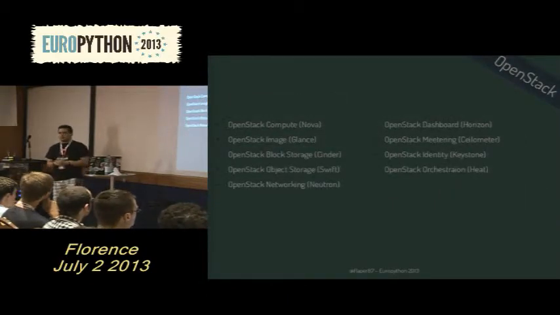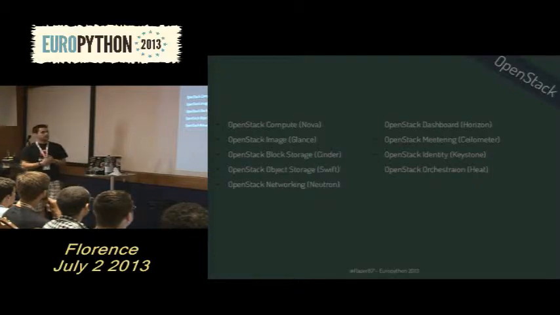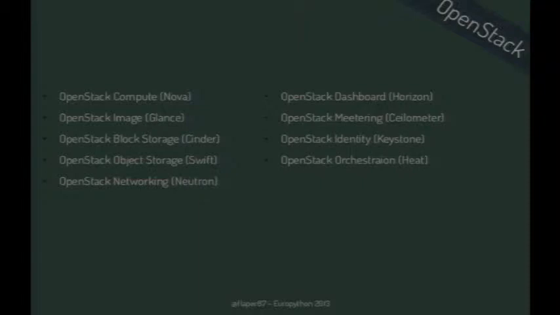So these are the main modules. You might already have heard about them. I'm going to walk through them very quickly. The first one, and I guess the most important one, because that's the one that makes all virtual machines work, is the compute module, whose code name is Nova. It basically handles the whole virtualization part of OpenStack. It handles the communication between the hypervisor and all other OpenStack modules.